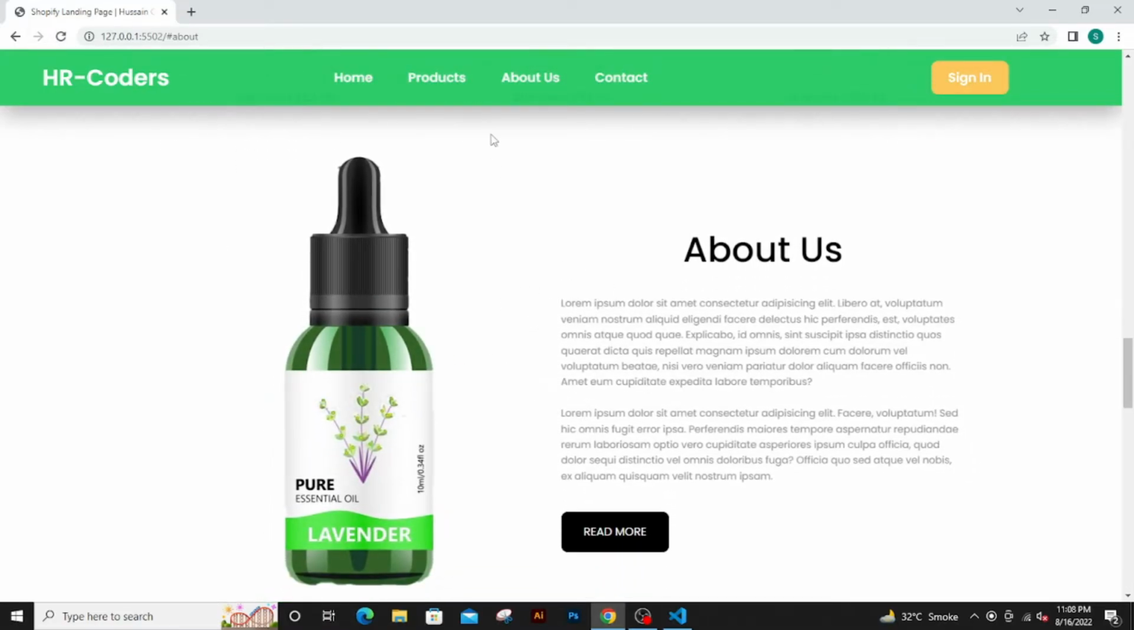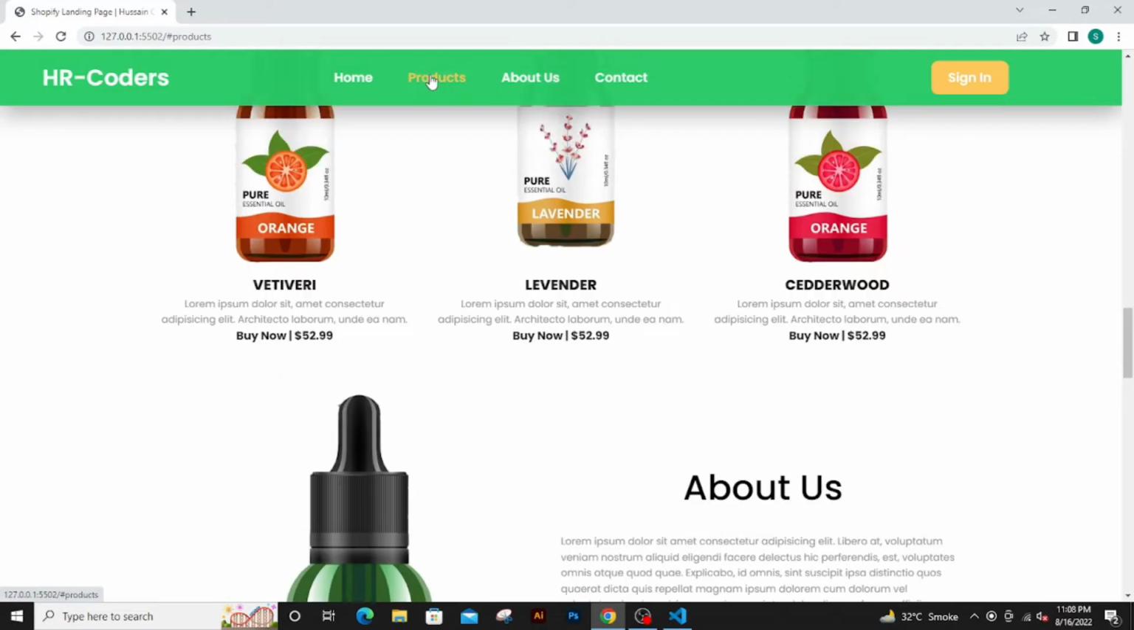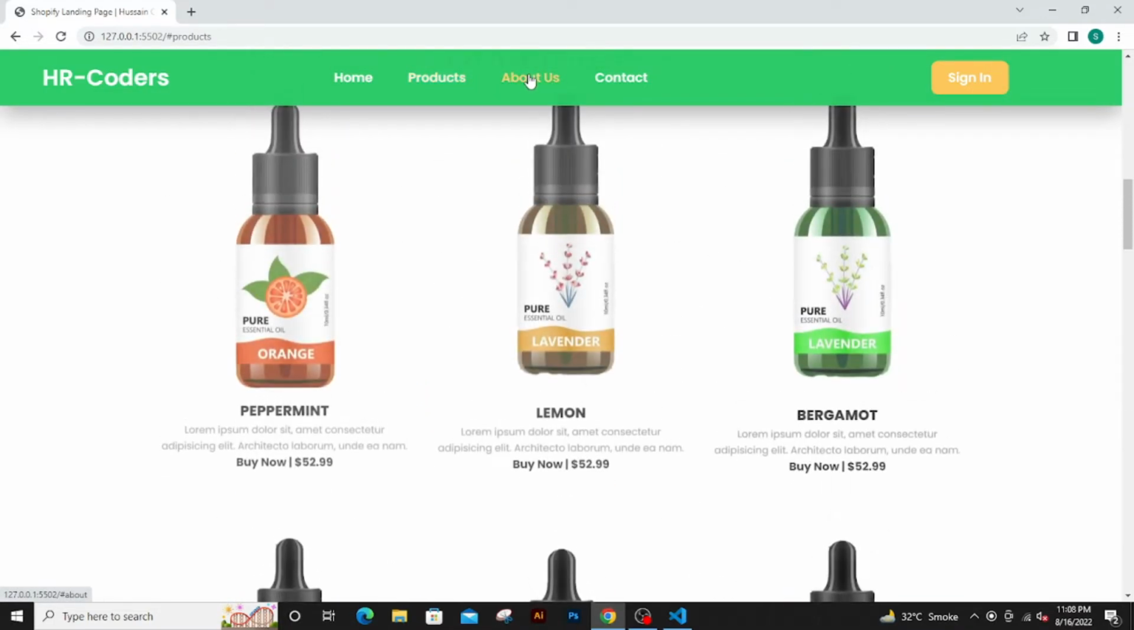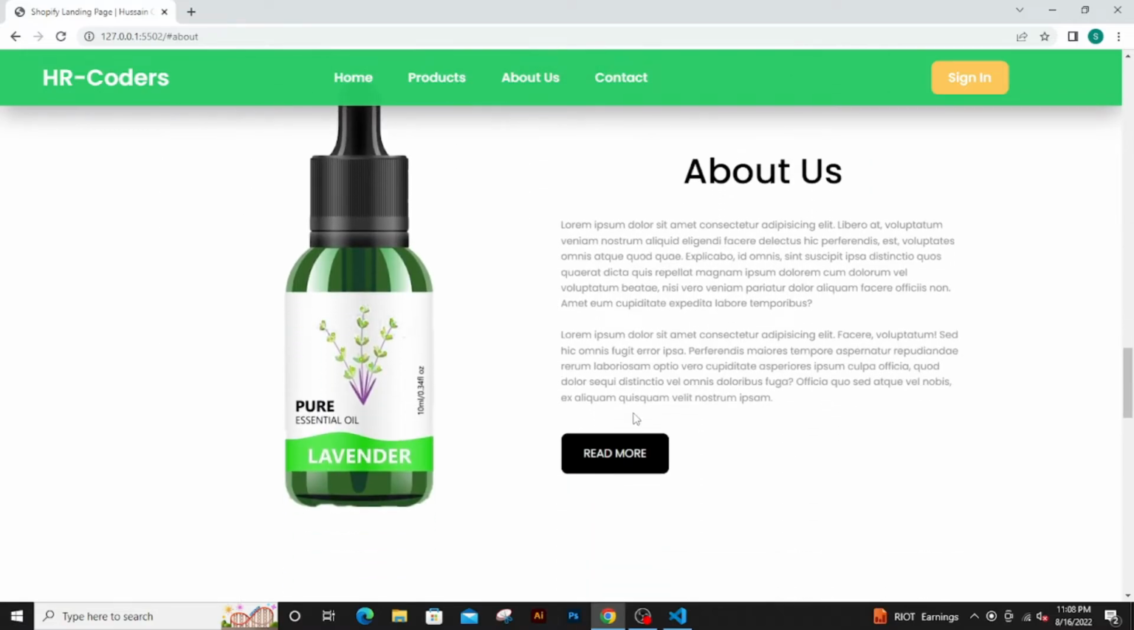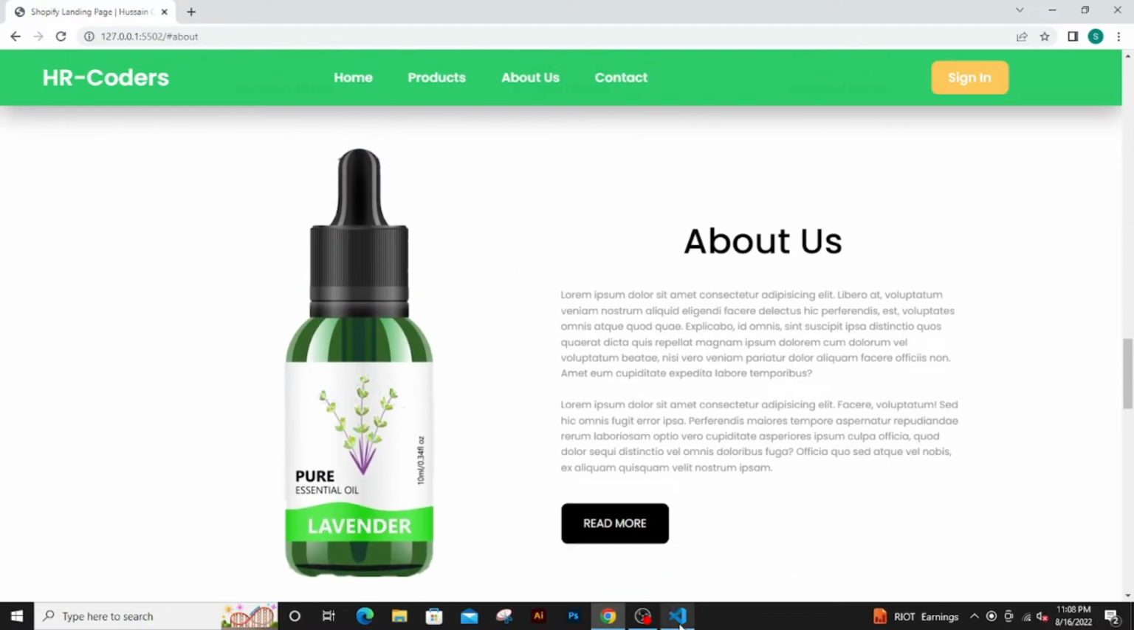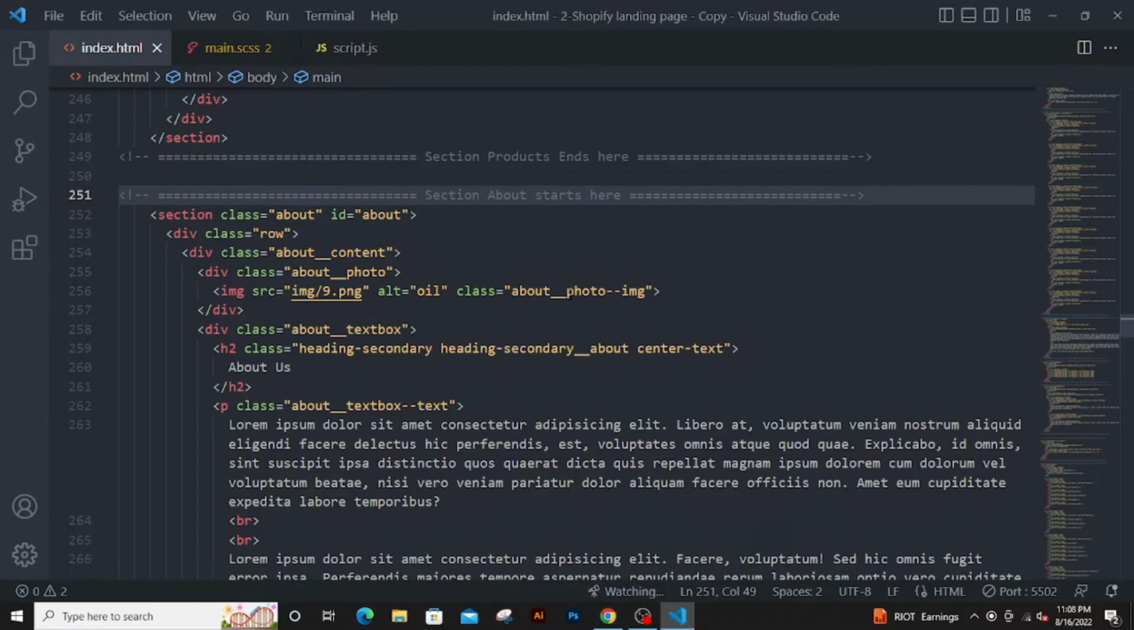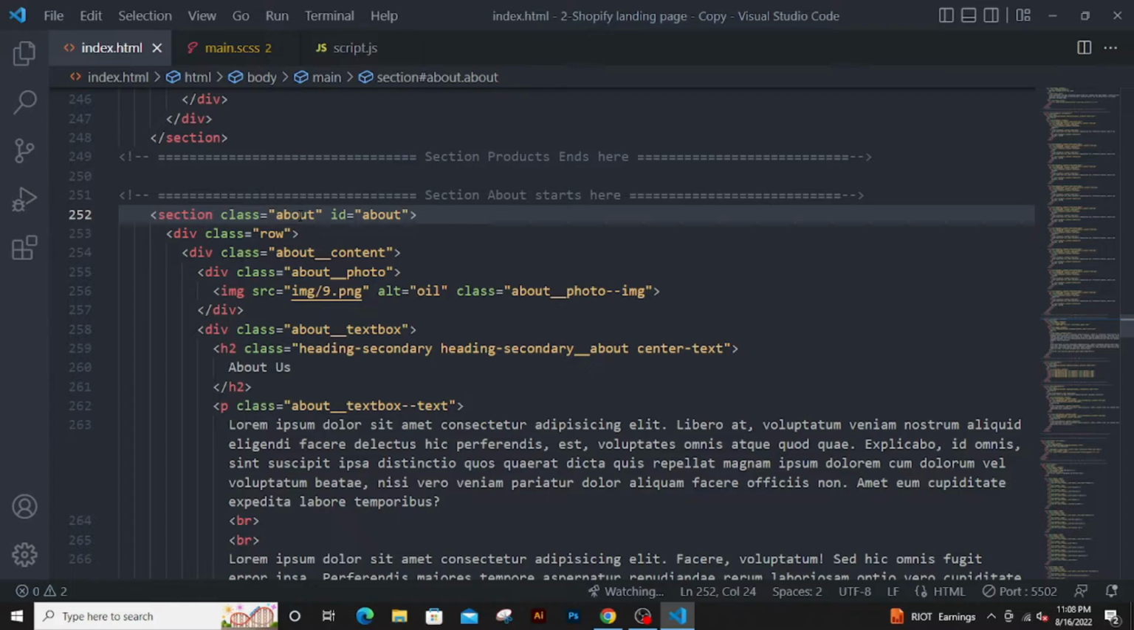This is the smooth scroll we were talking about, between products and about us. Now let me show you what we have in the about section. In the about section we have used the class with the name of about. Again the row, which we have used a lot of times in this website to center our content,